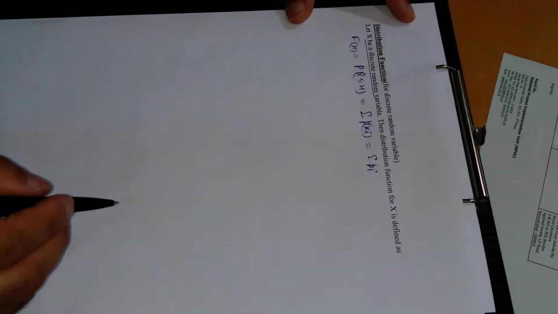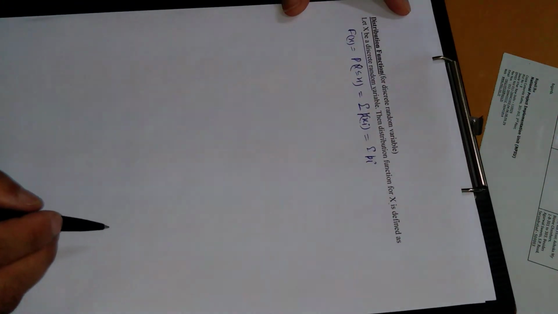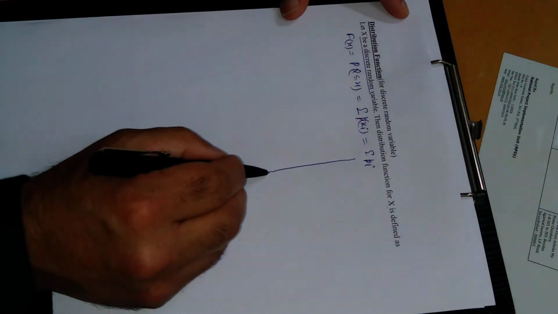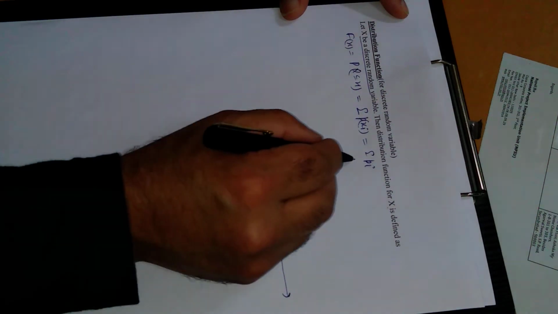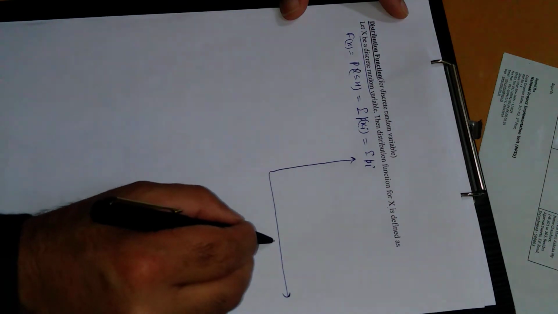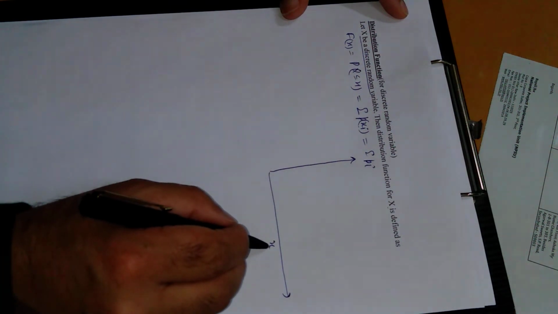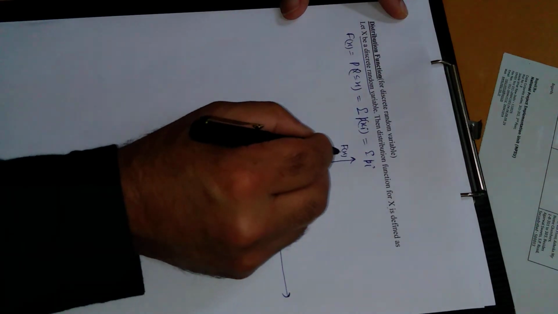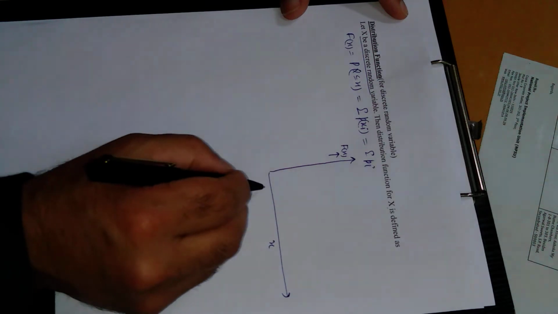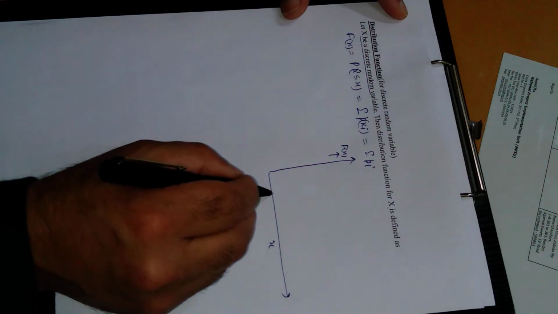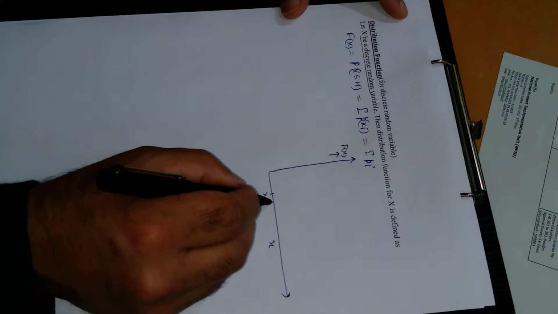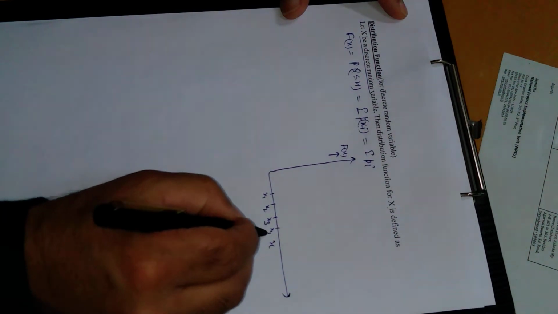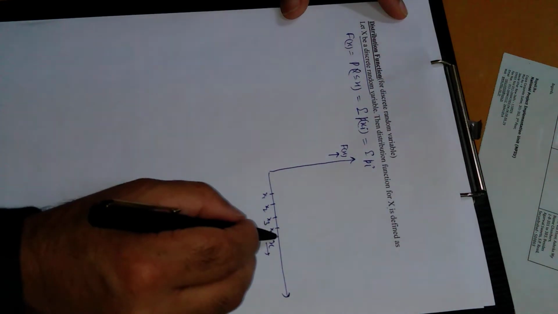All right, I'm going to draw a graph here. Consider two mutually perpendicular straight lines. In the horizontal direction this is x, the random variable x, and in the vertical direction this is the distribution function capital F of x. Let us suppose this is x1, x2, this is x3, this is x4, and so on.